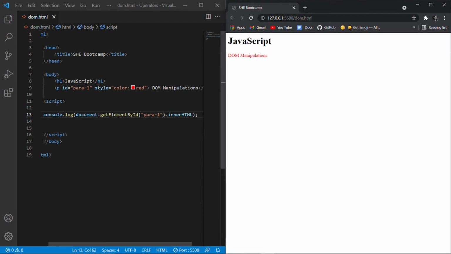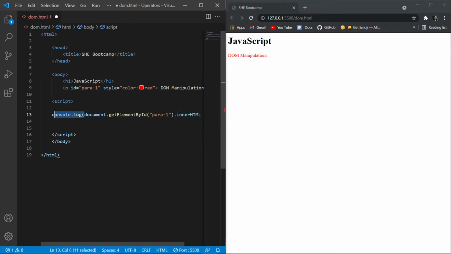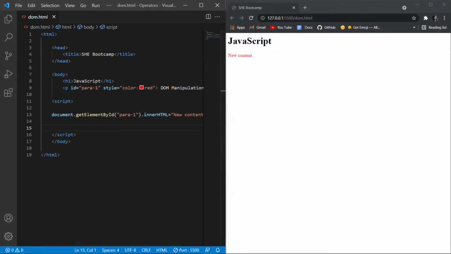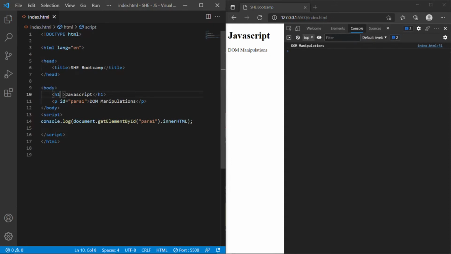To change that content, we can set it to something else. We can set it to, say, new content. Okay, so now it will change. What if we want to access the content of this h1 tag, that is JavaScript?